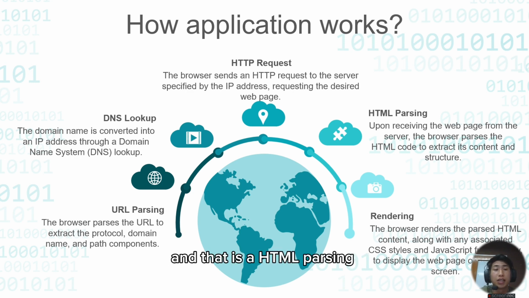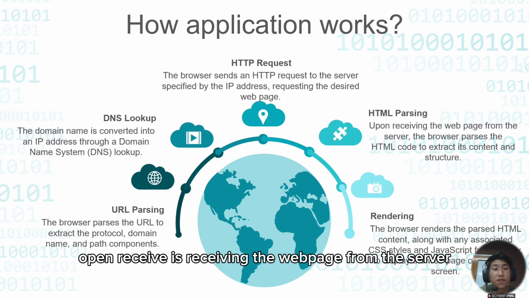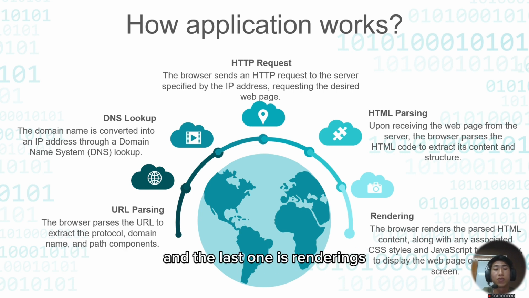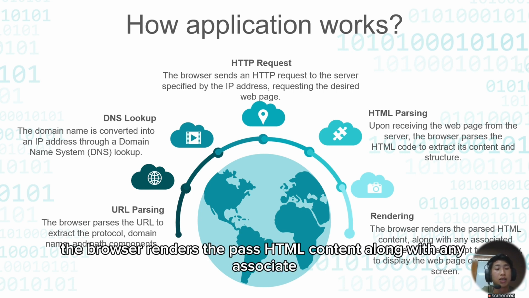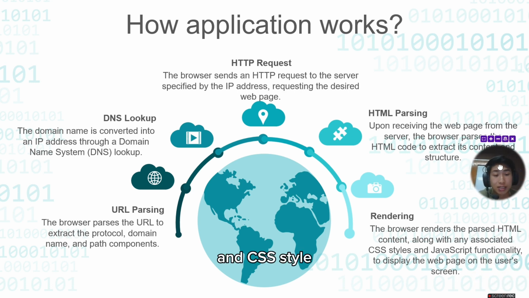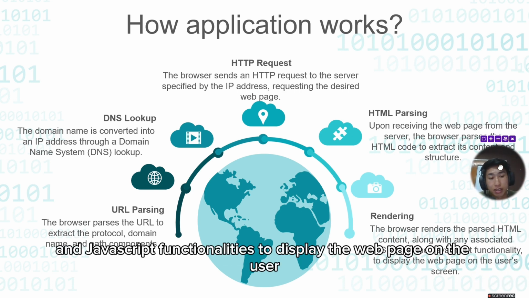And next is HTML parsing. Upon receiving the web page from the server, the browser parses the HTML code to extract its content and structure. And the last one is rendering. The browser renders the parsed HTML content along with any associated CSS style and JavaScript functionalities to display the web page on the